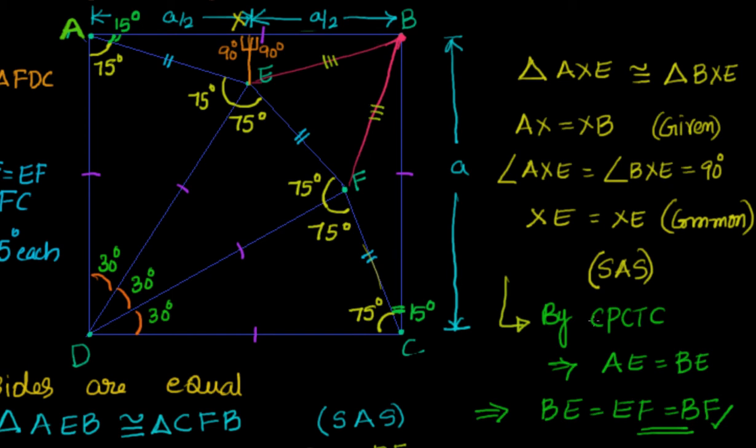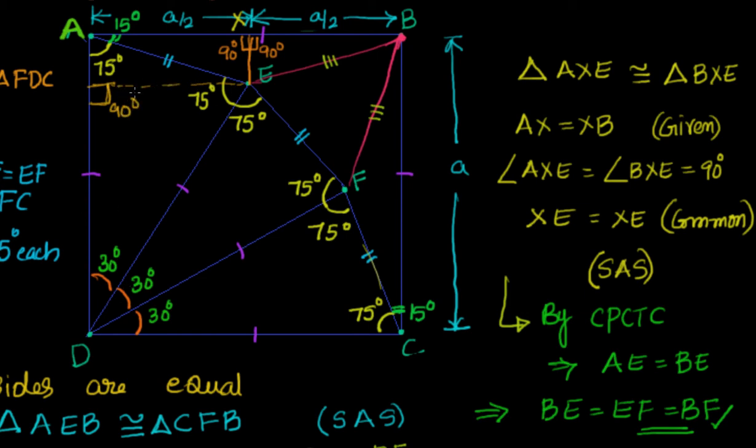Let me repeat that here. What we have done, we did a small construction. We dropped a perpendicular from E onto AB. We know that the length of AX is nothing but equal to a by 2. How do I know that? I know that because I can just draw a parallel line here. We know the same horizontal distance. You can see 30, 60, this is 60 degrees, this is 90 degrees. Now that is 90 degrees, so obviously this will become 60.